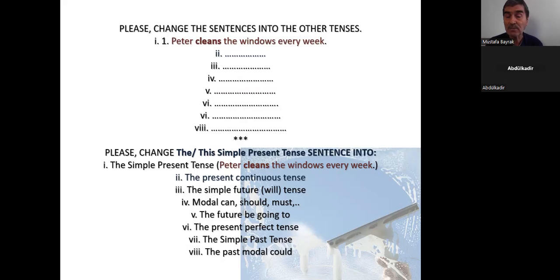Okay. What about the simple past tense? For example, somebody says, let me go and clean the windows. And then you need to give the same message in Roman number 1 in the past form, in the simple past form. Then you say, no, you don't need to go. You don't need to go to clean the windows. Peter cleaned them. Peter cleaned them yesterday. Peter cleaned all the windows yesterday. Okay? So this is a message in simple past tense.